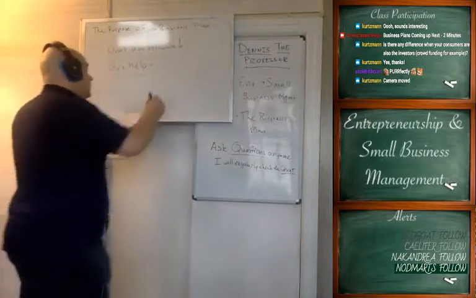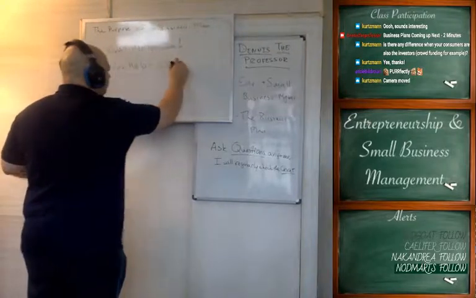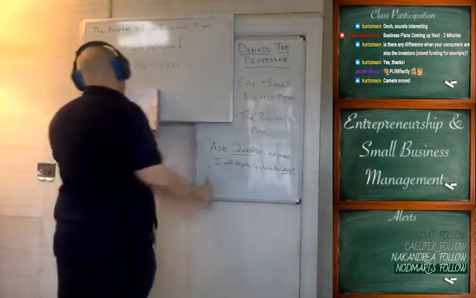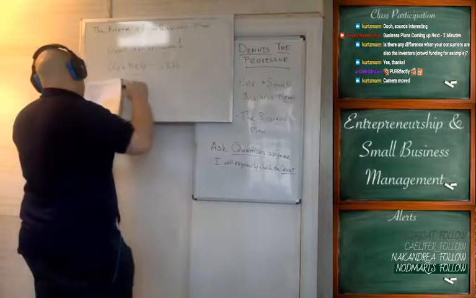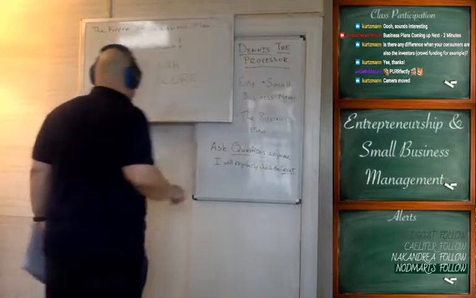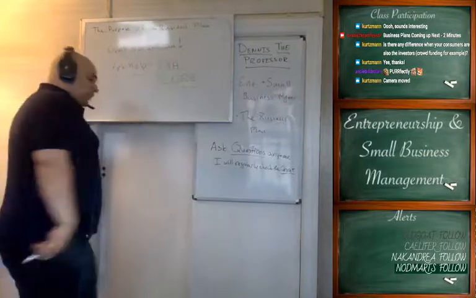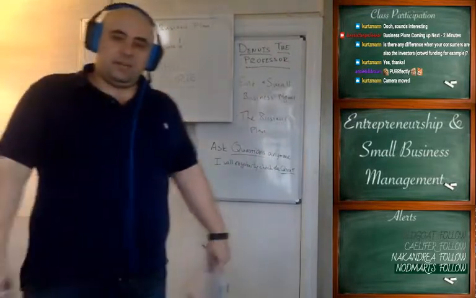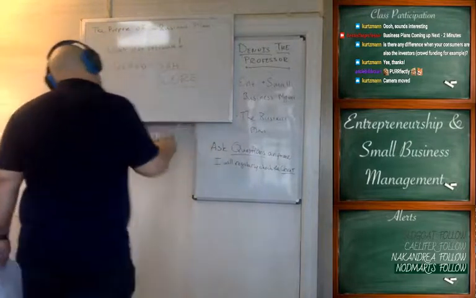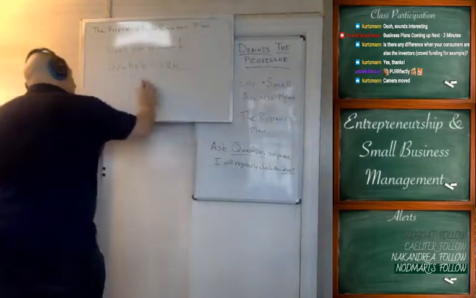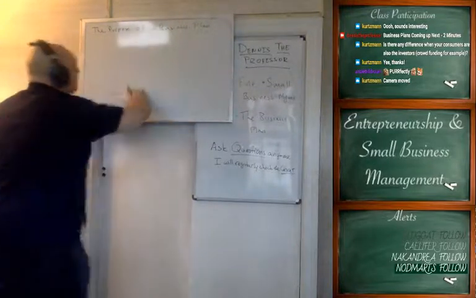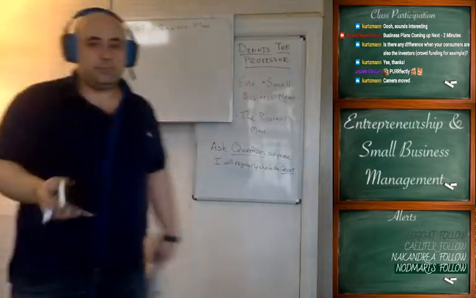Also, remember to reach out to the Small Business Administration. They have resources. They have people available that are willing to help. Find nonprofit organizations like the Service Corps of Retired Executives, or SCORE. Again, that's the Service Corps of Retired Executives, right? If you want to reach out to them, they will help you. If they find the time, they will help you. If your business idea is compelling, they will help you more, and they will find you more people to help. Get help. Understand your weaknesses. One of your weaknesses is that you haven't started 25 businesses. If you have, you're not watching a class on how to start businesses, right?